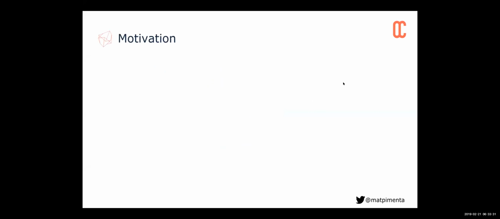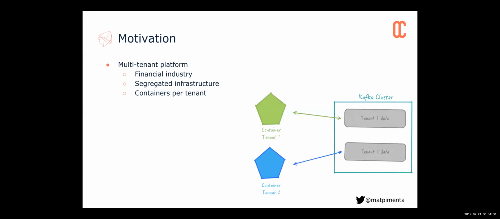So the motivation. As I said, it was a real-world example. It's one of our clients in the financial sector, and they were building a multi-tenant platform. What it means is that each tenant inside the platform would have their own infrastructure. It's a segregated infrastructure, and that means they will have containers or some other resources per tenant. However, there are some aspects of the platform that would be shared, and one of those was the Kafka cluster,